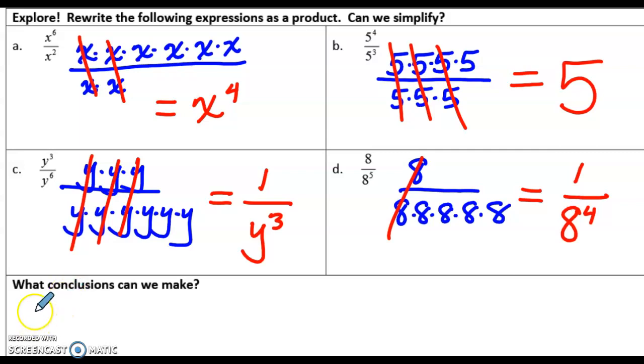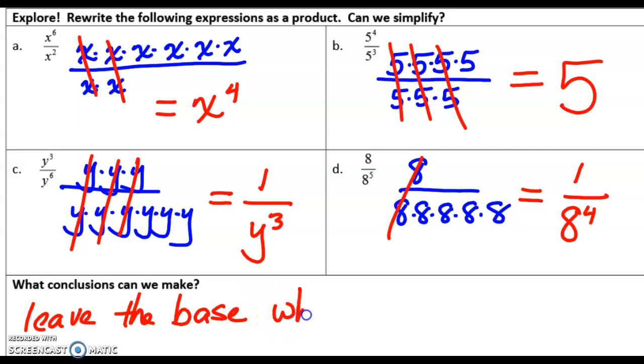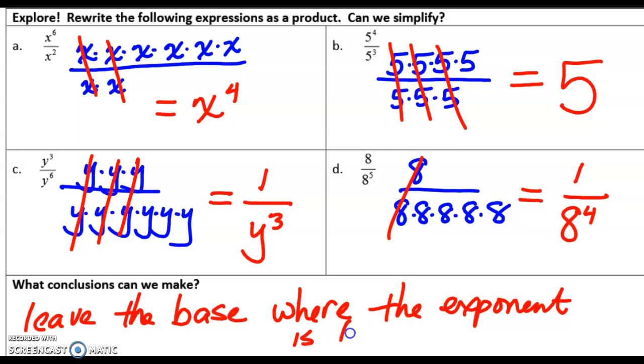So make sure you leave the base where the exponent is higher. And then how am I getting the new exponent? I'm really subtracting, aren't I? 6 minus 3, that's why it's a 3. 5, now there's a 1 here, minus the 1, that's why it's a 4. 4 minus 3 is a 1, so it's an implied 1 here. And 6 minus 2 is a 4. I'm not really interested in you remembering rules, but understanding why it works,